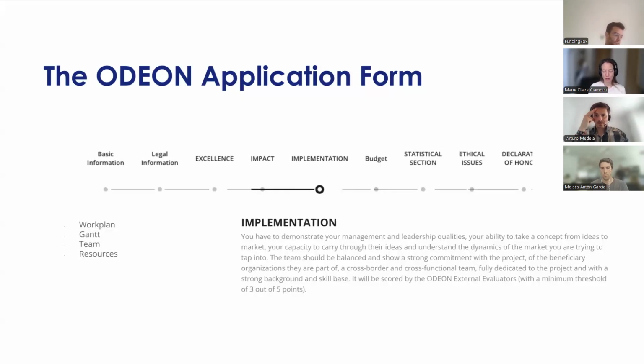And finally, this is about the team and the work plan. Here you need to indicate who your team members are, how you plan on developing your work across the 10-month support program, the resources that you require, and everything obviously needs to make sense in line with what you're proposing. So consider what sort of work you can deliver in 10 months with 60,000 euros, and how you achieve that. Okay, so everything needs to be aligned in terms of what you're proposing and what you're requesting financially.